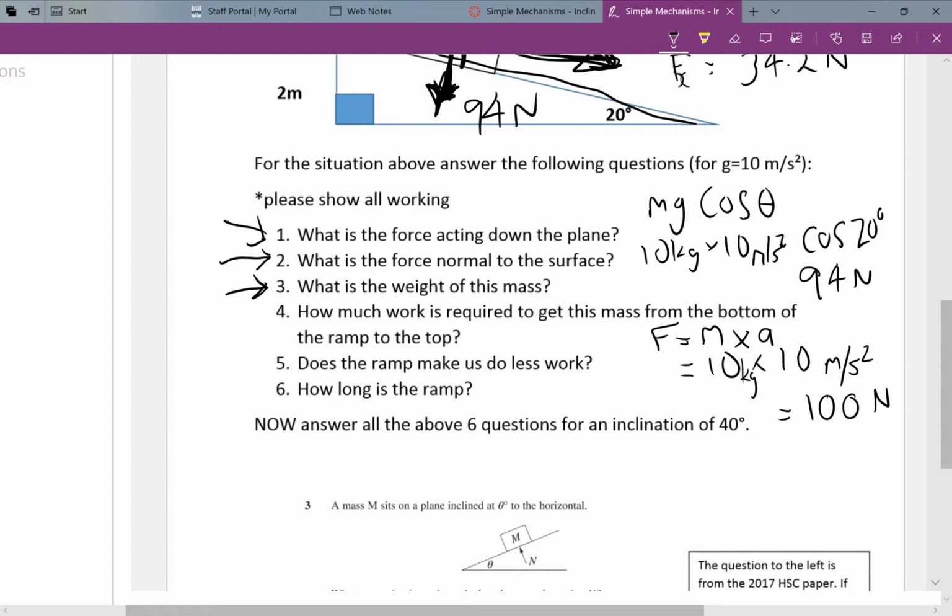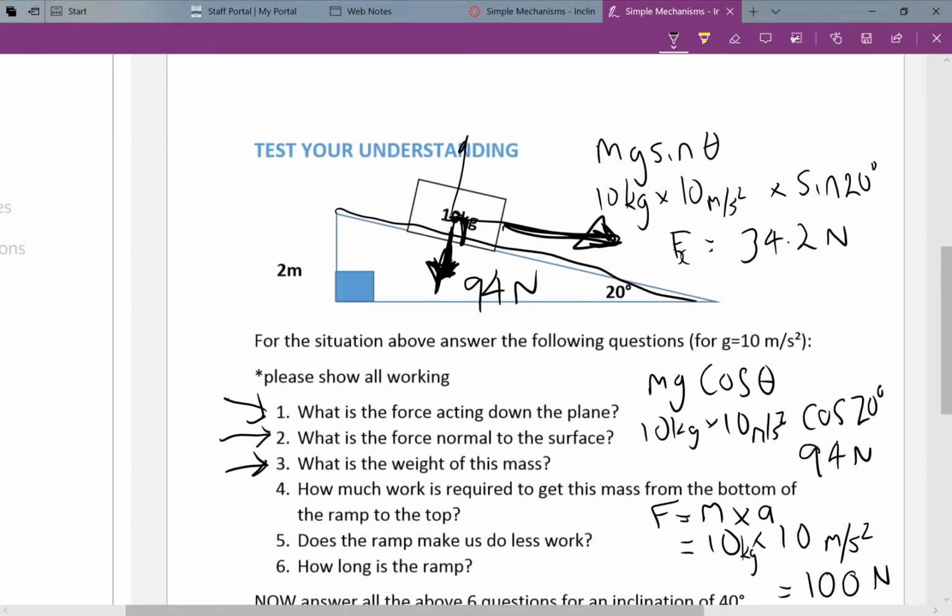Okay, then we've asked, does the ramp make us do less work? Now, like I was talking about with simple machines, an ideal simple machine, if it's got 100% efficiency, which actually never happens, but if it is an ideal machine and we've got 100% efficiency, then going from the bottom of this ramp all the way to the top, or just picking up our 10 kilograms if it was here at the bottom of the ramp at ground level, and lifting it 2 meters is going to get you the same result. So you could take 34.2 and multiply it by the calculation for the length of the ramp, but